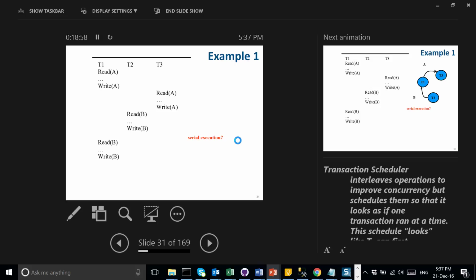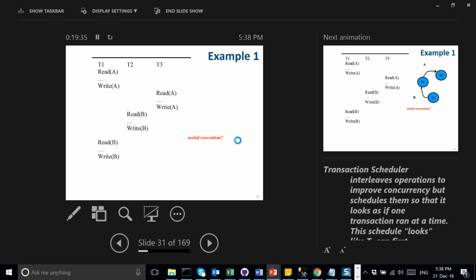So what I mean here, these are conflicting operations that cannot be swapped. I cannot do this first, then come to this. Remember, concurrency control is all about for the scheduler to say which transaction should go first. Okay, so for it to decide which transaction should go first, it has to analyze these potential conflicts. So in here, definitely T1 must go first before T3.